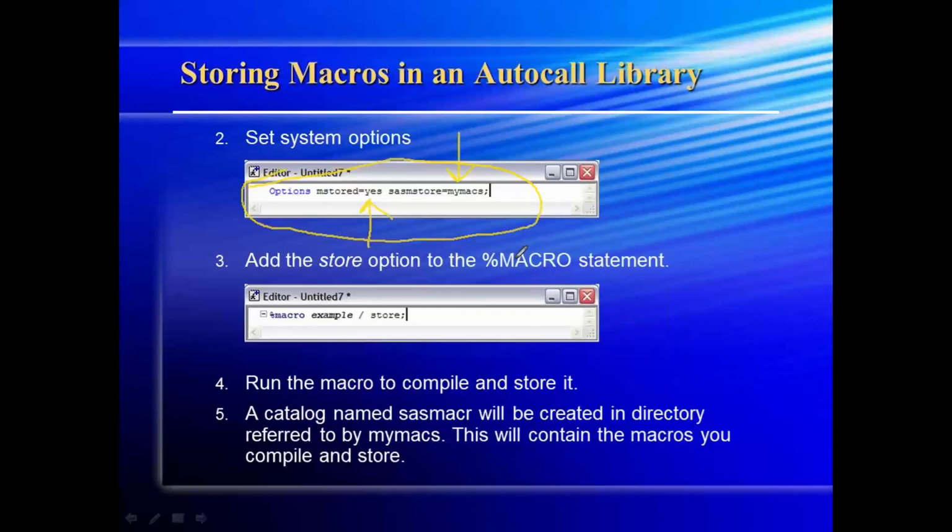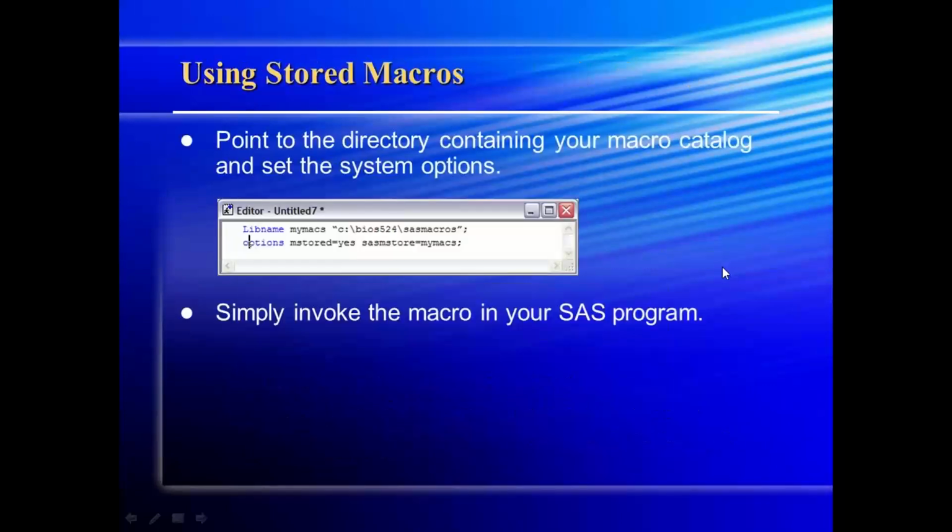So whenever you want to invoke it, you can just invoke it by adding these two statements together, that is options and the name of the library and so on, and from that you can invoke it any other time from the existing stored macros, which does not require you to create it again and again. You can just invoke it from the existing library you have. That is how you can store and re-invoke macros.